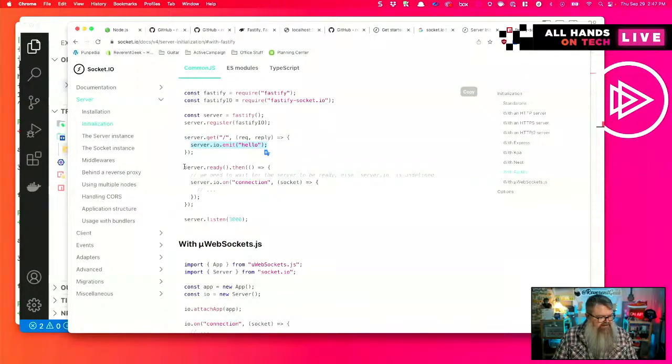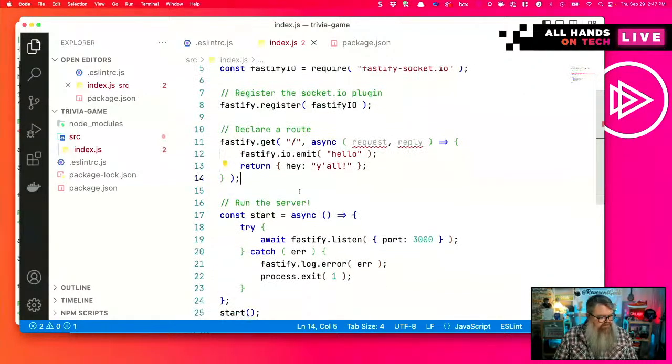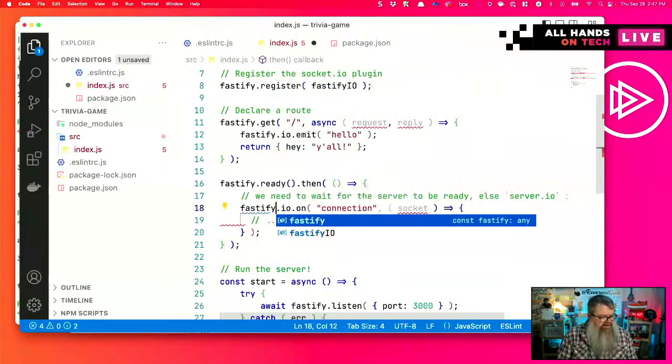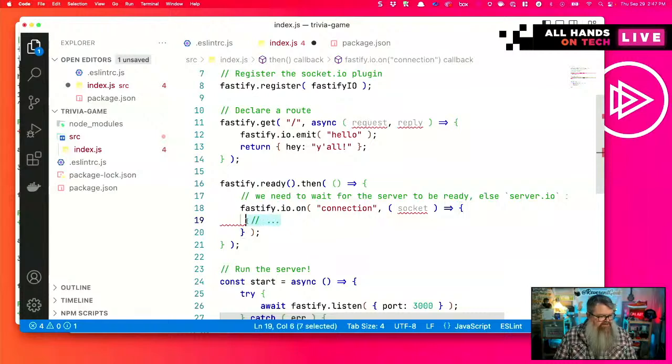And then they also have a server when ready. Fastify ready, then fastify.io on connection, and then do something with the connection.